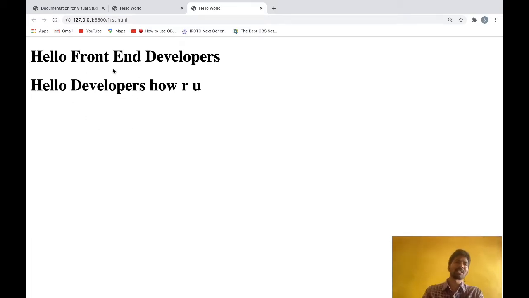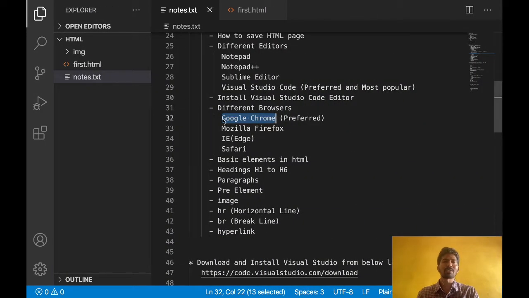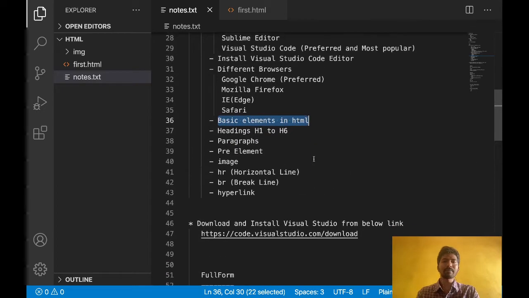When you run some HTML file in the browser, you can easily browse. This is very fast compared to other browsers. So you can download this if you are not using it. Now let's come to the basic elements part.